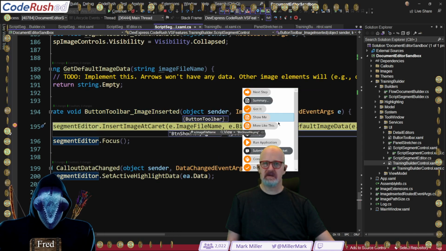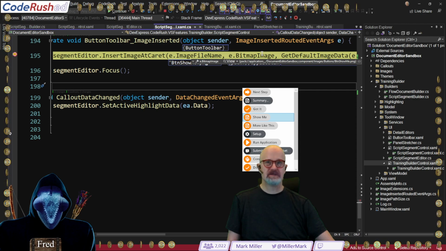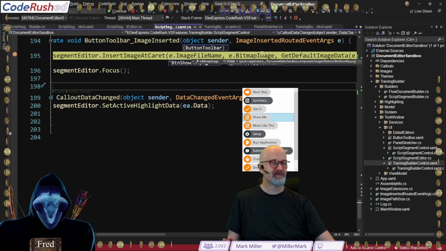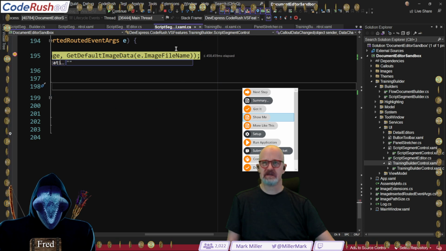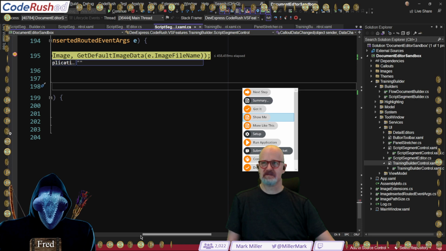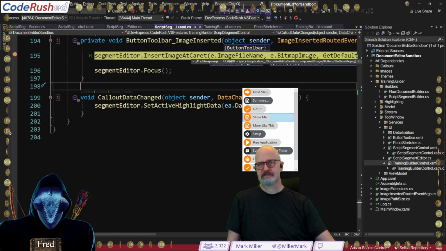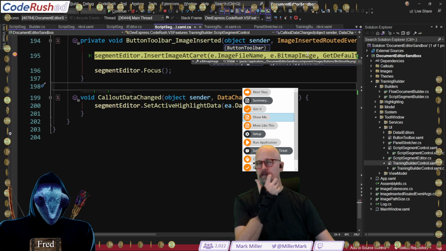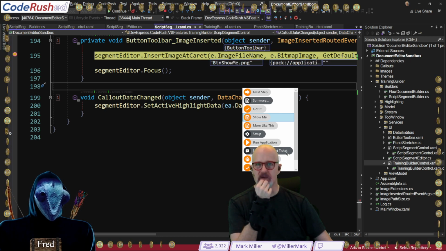We just get button show me. Cool. We get the actual image though. So that's tricky because we don't have access to the image. Yeah, we're going to get some default data for it. So the button toolbar loads up the images.